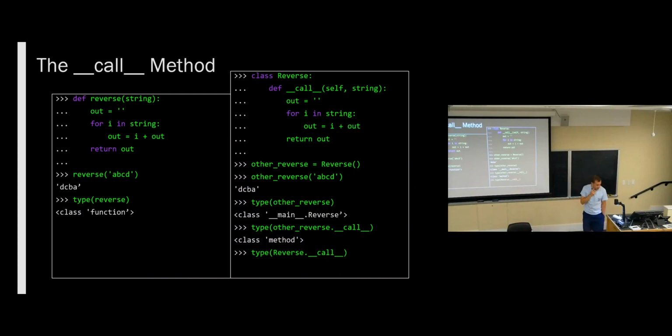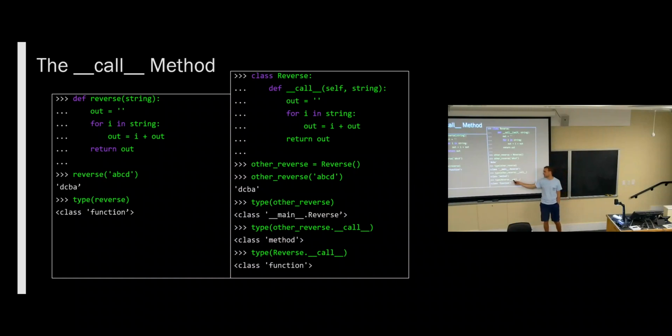How about this though? Type of capital R reverse dot dunderCall. Function? Yeah, it's function. Because this is an example of what I was talking about the past couple of classes. This is a static reference here. Here we were referencing .dunderCall on an instance of our class.